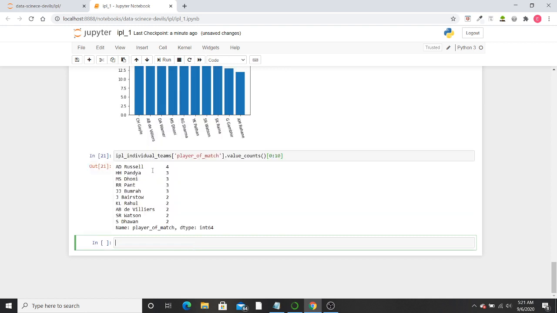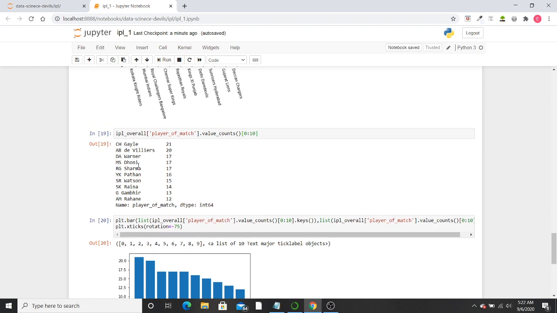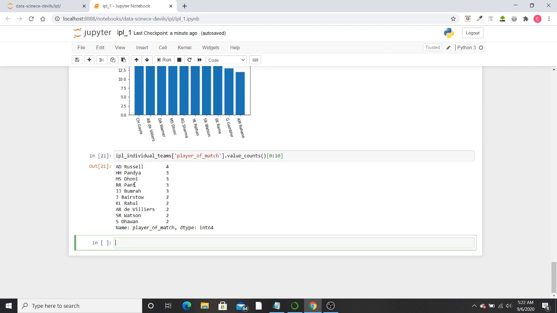So AD Russell has won 4 times. HH Pandya is second and Dhoni is third. So as we can see here, Dhoni has maintained his position. For overall, he was also in fourth, and for the individual 2019 year also, he was in third. That's why he's called the best.